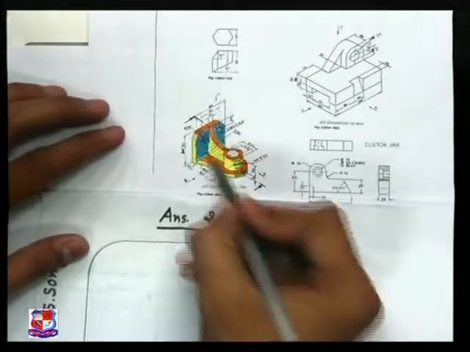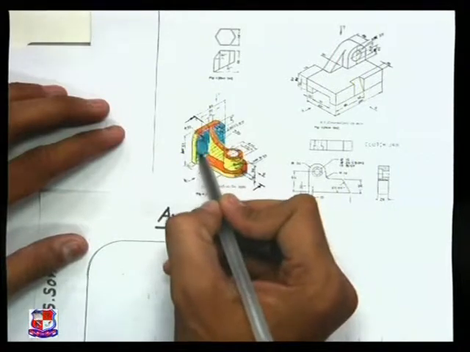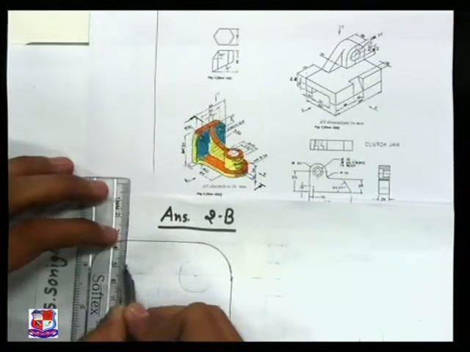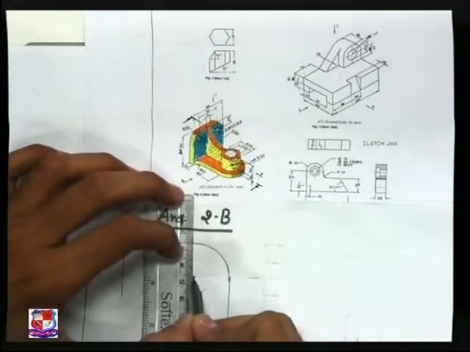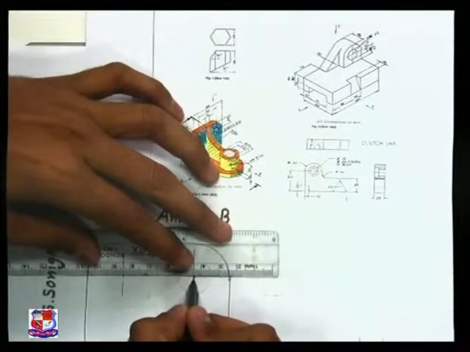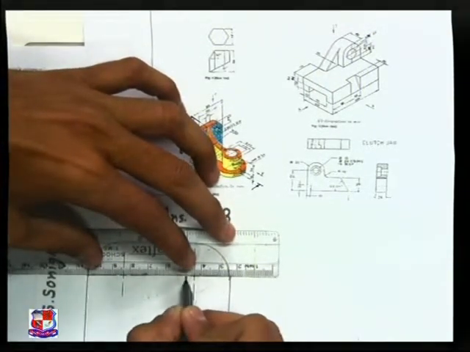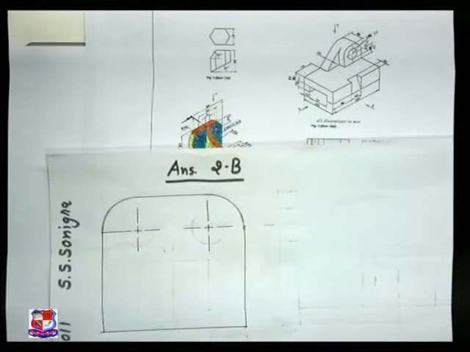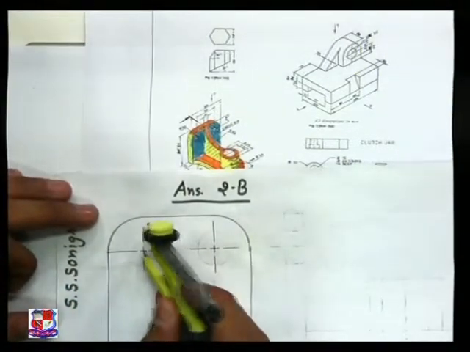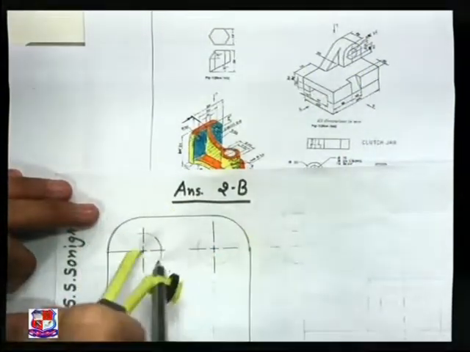Now we think about these two circles. 2 holes are drilled and the axis distances are given to us. So draw the axis of given holes like this. Whenever you draw any hole, a small dash should be there at the center and others should be long dash like this. A small plus should be there at the center. It's a good practice to use the real concept of drawing. The diameter of the circle is given, that is 20 mm. So draw two circles having 20 mm diameter or 10 mm radius like this.